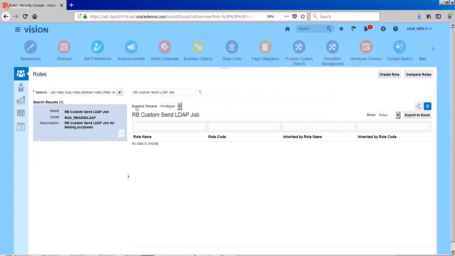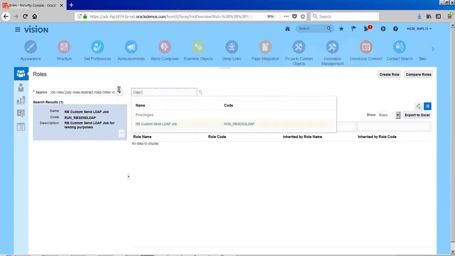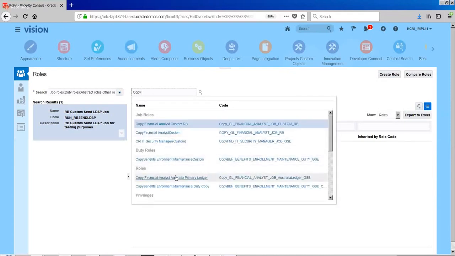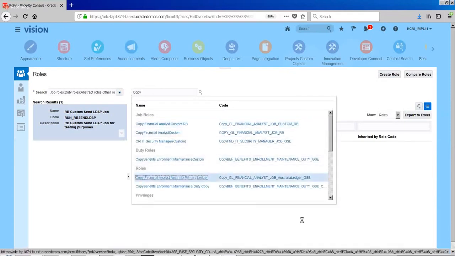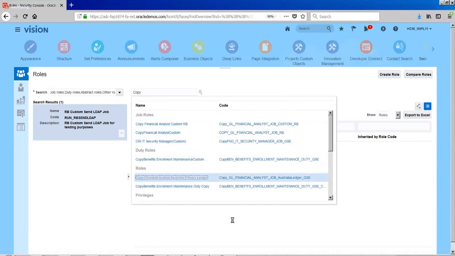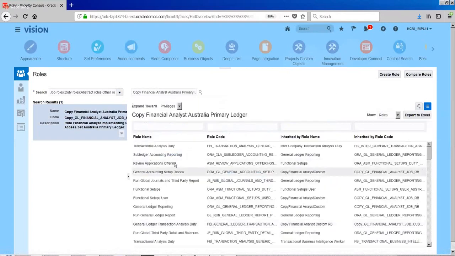Example, let us say we have created our copy financial analyst Australia primary ledger role, and I'll give access to this person.